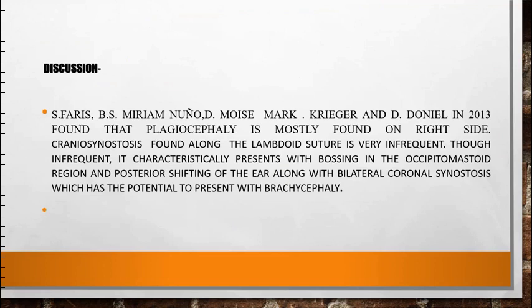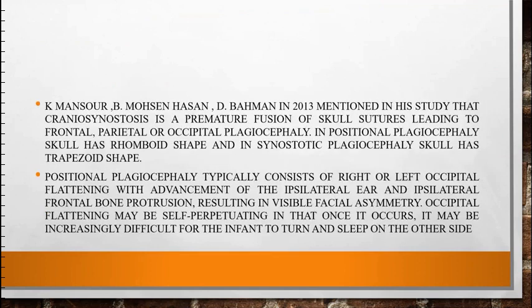Discussion. Dr. S. Ferris, Miriam, Nuno, D. Moyes, Mark, Krieger, and D. Doniel in 2013 found that plagiocephaly is mostly found on the right side. Craniosynostosis of the lambdoid sutures is very infrequent. Though infrequent, it characteristically presents with bossing in the occipitomastoid region and posterior shifting of the ear, along with bilateral coronal synostosis, which has the potential to present with brachycephaly. K. Mansoor, B. Mohsen Hassan,